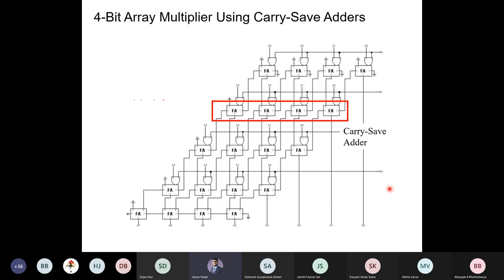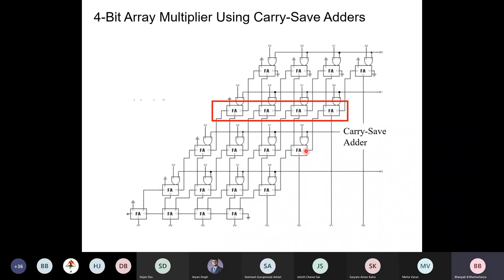N square. Yes, n square. So this cost is quadratic. Remember that later on we will pass on to a different algorithm in order to save this cost. N square AND gates you need, and computation time is also n square, although these AND gates are working in parallel, but otherwise this